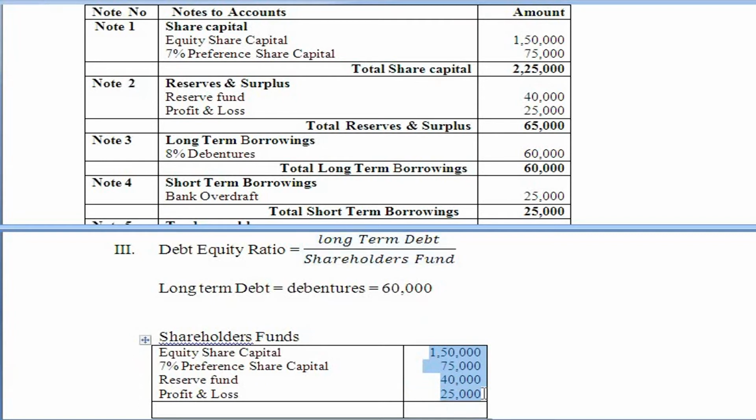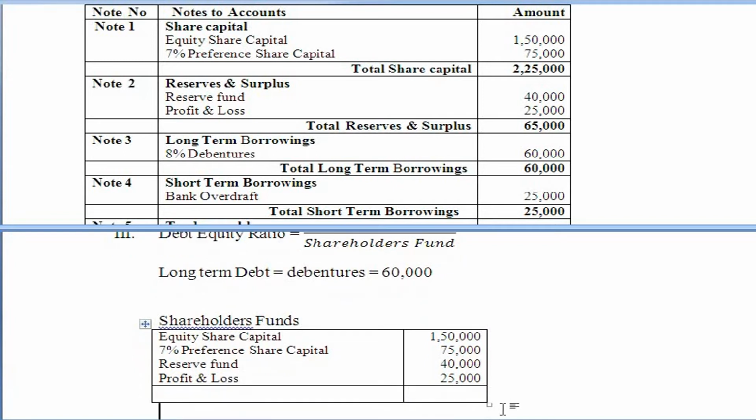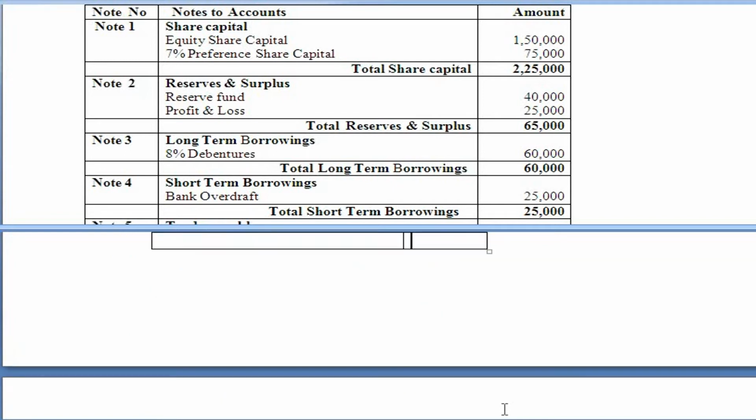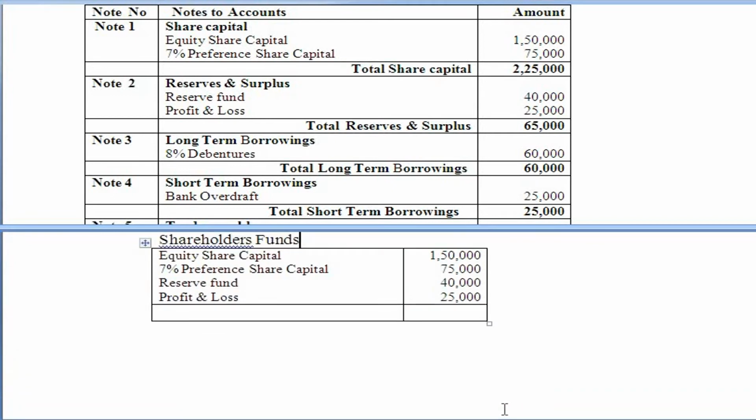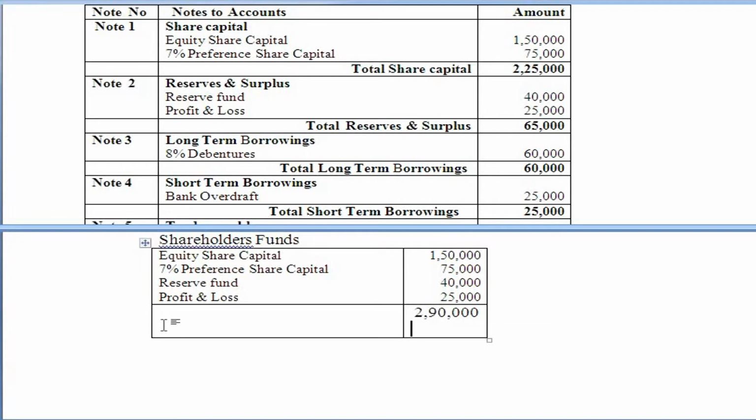Now make the total. How much is the total? 1,50,000 plus 75,000 plus 40,000 plus 25,000 plus 25,000. Okay, so total is 2,90,000. Total how much? 2,90,000. Okay, next line right here, less